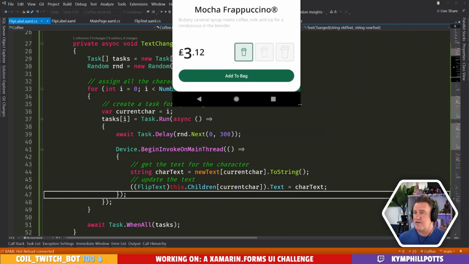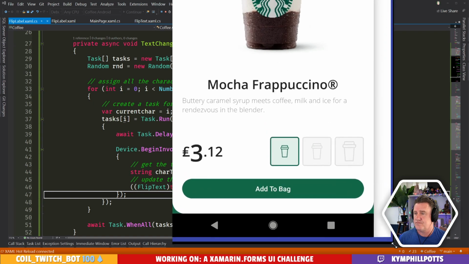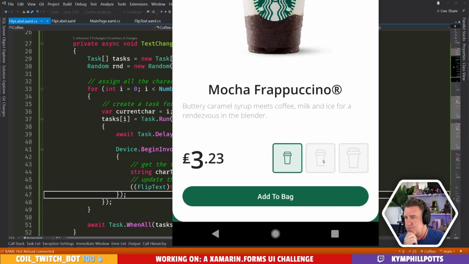Let's have a bit of a closer look at this. Maybe I want to adjust the animation speed on that a little bit, but it's pretty much right.